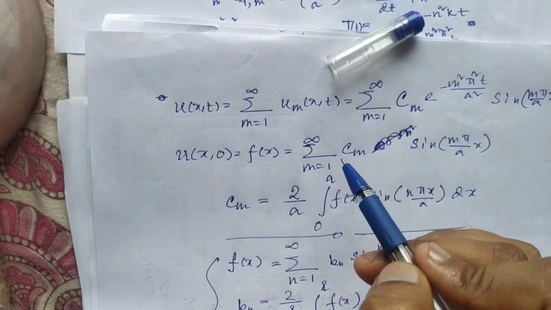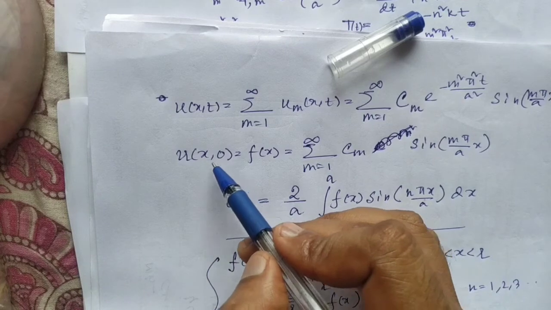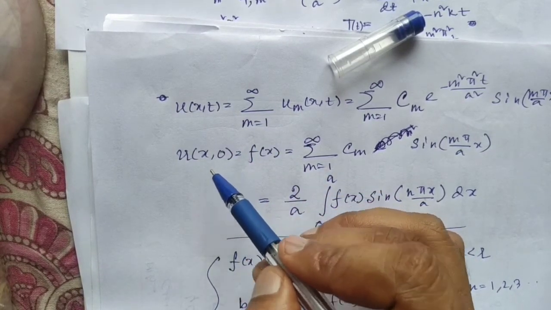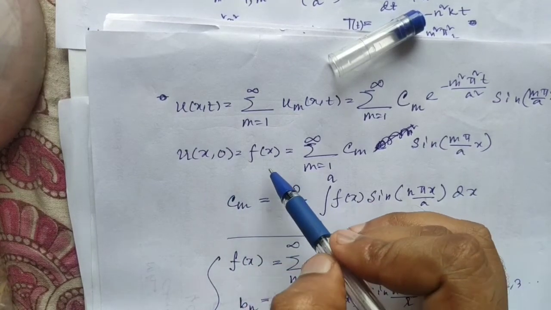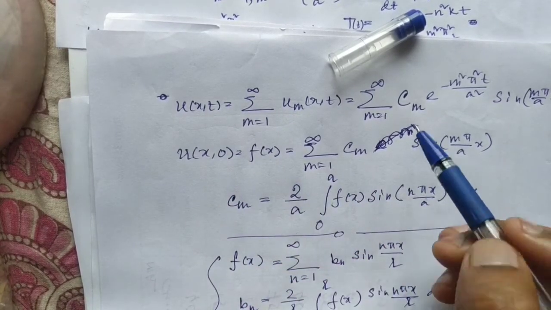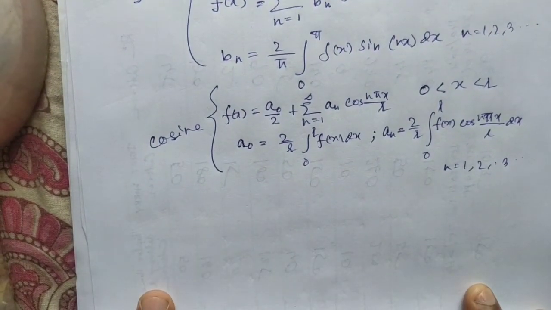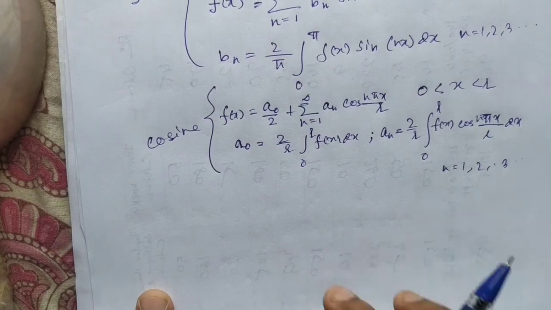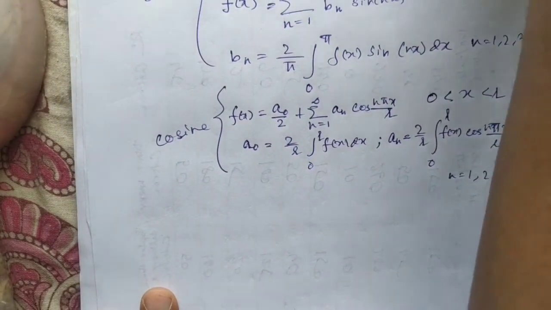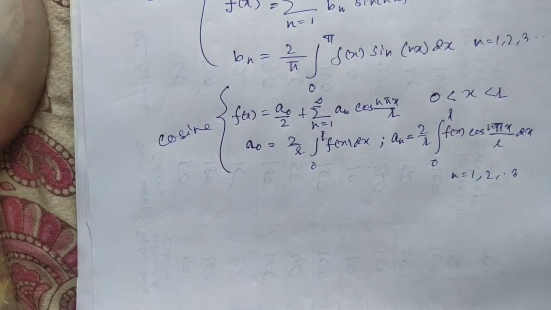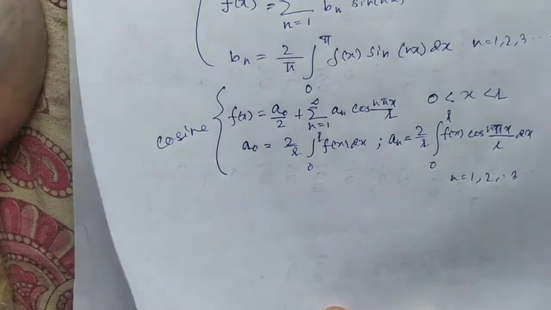If you take a two-dimensional problem, with a function u(x, y, t), and for an initial value u(x, y, 0) equal to f(x, y), then you have to calculate the double sine series. So the double sine series is actually a double summation over two different parameters, say small m and small n, and two sines will be there, and the constant will be suffixed with two arbitrary things, m and n. So this was the